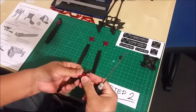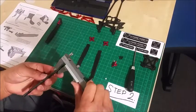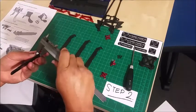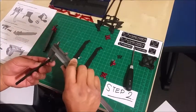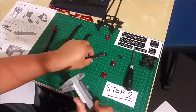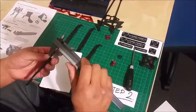Oops, might have spoke too soon. Hang on a sec. I think I spoke too soon about the fit. That one's definitely thicker. The first one is